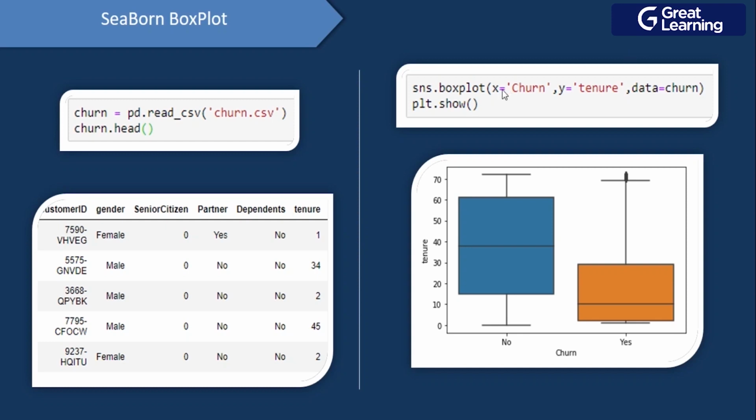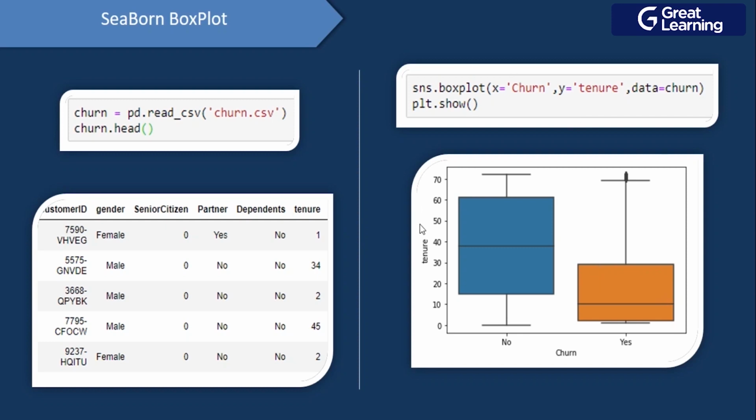So here we have the churn column and the tenure column. The churn column I'm mapping onto the x-axis, the tenure column I'm mapping onto the y-axis, and obviously I'm building this box plot on top of the churn data frame. One interesting attribute about a box plot is that it can mostly be used to understand how a categorical value changes along with a numerical value. That is why here we have mapped this categorical column churn onto the x-axis